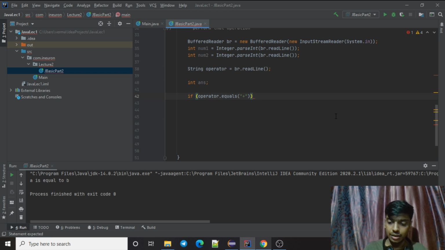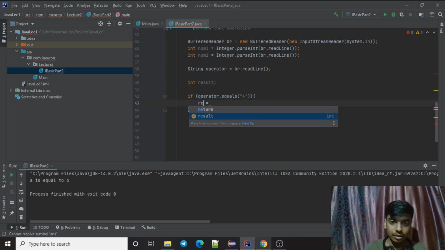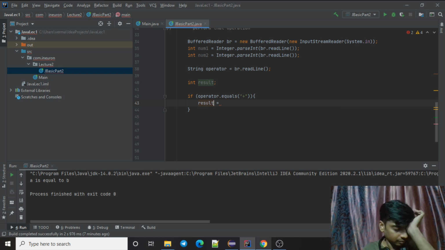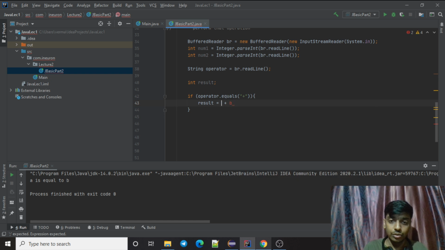That's the first stage where I want you guys to be at. If it is this, then I'm going to store the answer, or let's name it as result, not answer. Result is a plus b. There is no a and b, there is num1 and num2.